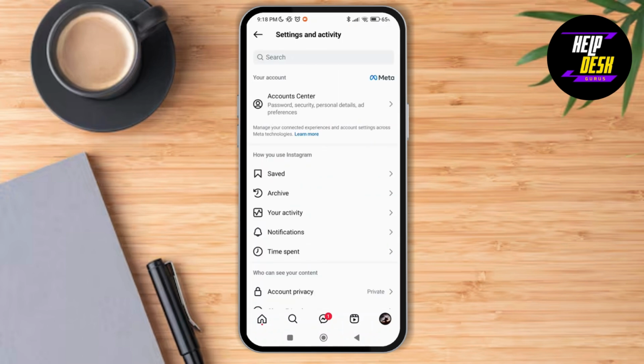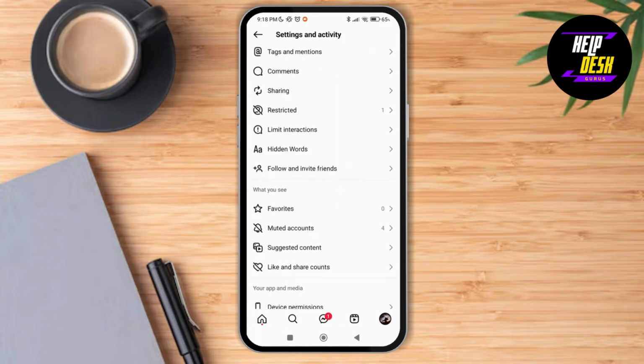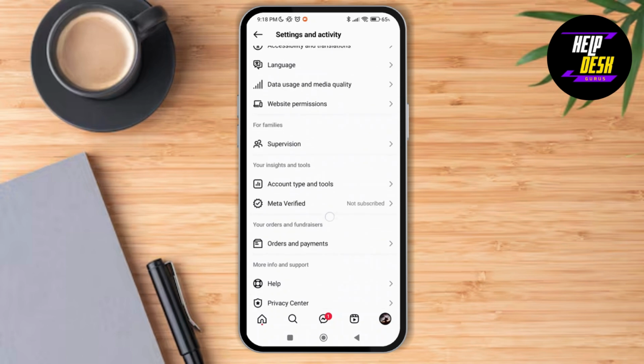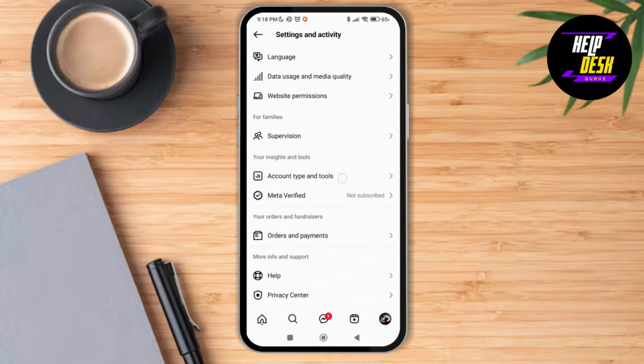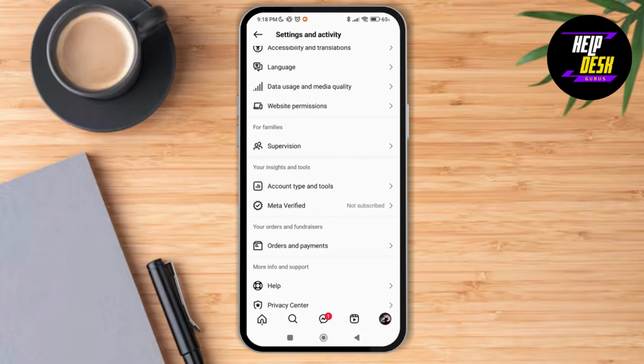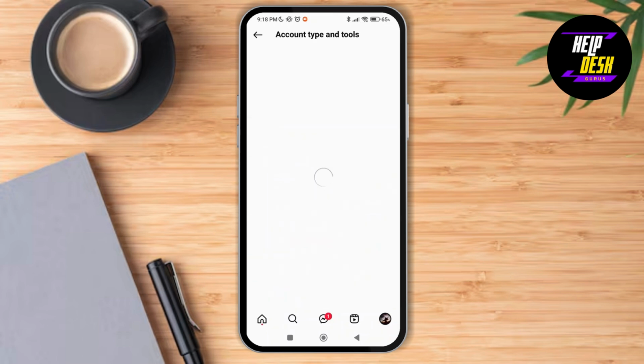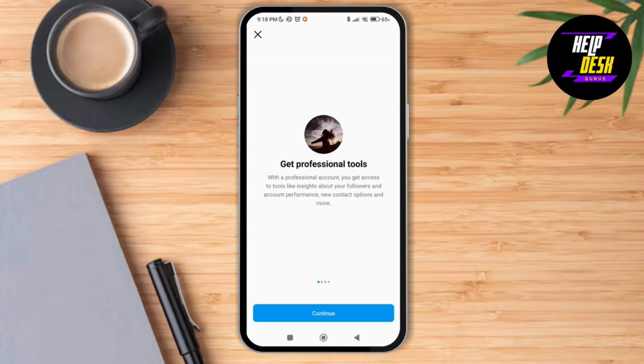As you tap on that, you just need to scroll down to the very end, and here you can see the option of account type and tools under your insights and tools segment. So tap on account type and tools, and here you'll be able to see the option of request to switch to professional account. So tap on switch to professional account over here, and as you tap on that, it gives